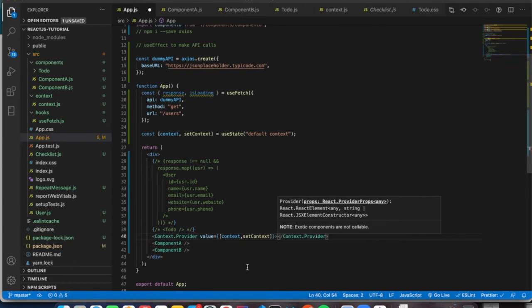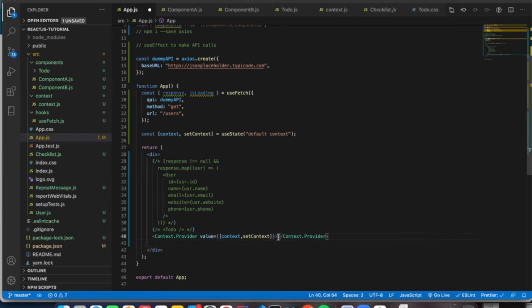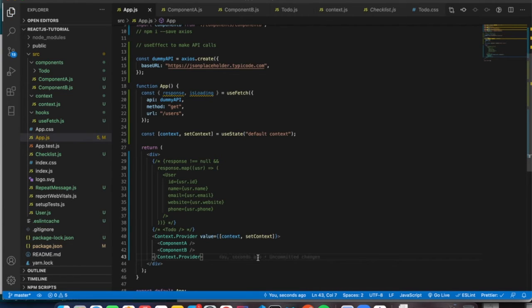Now we have enclosed all those things, so we have to put these two components inside. Now component A and component B are enclosed within a context. So component A can change the value, or component B also can change the value. Similarly, they can access the current updated value as well.